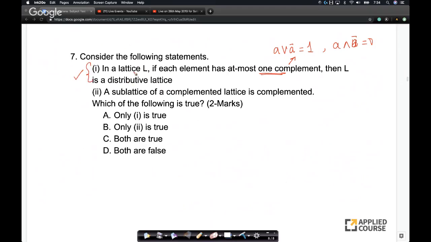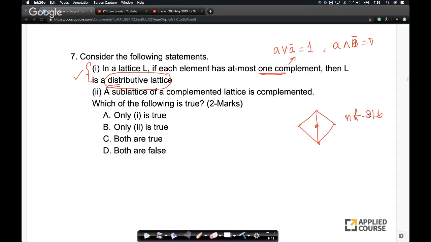We know what is not a distributive lattice, right? If you remember, we discussed in the course videos that a kite is not a distributive lattice. So look at this kite lattice. It's a lattice but not a distributive lattice, because one of the properties that we discussed was that if you have a kite lattice as a sublattice of any lattice, it is not a distributive lattice. It's a very important property. So the kite lattice helps us a lot for many of these problems around distributive lattices, because the kite is not distributive.